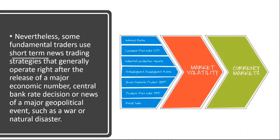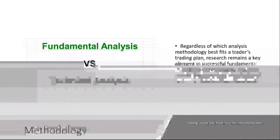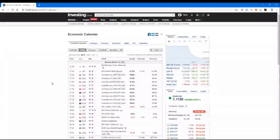But economic events also fit the category of fundamental analysis, and they are much easier to trade, and there's very good, easy strategies. Now, we can see all of this data that is due to come out by using what's called an economics calendar. Let me pop one up on a screen for us here. Okay. Now, what you're looking at is the economics calendar from investing.com. There are a zillion economic